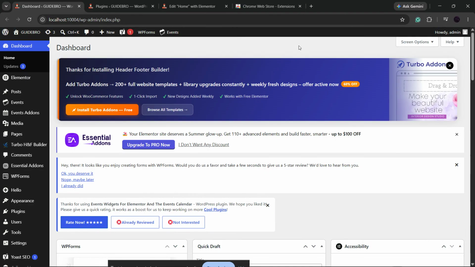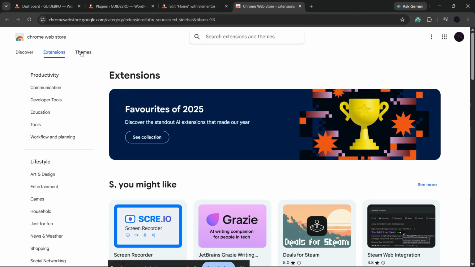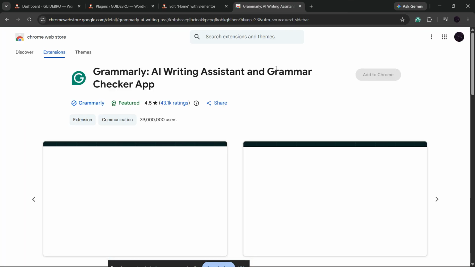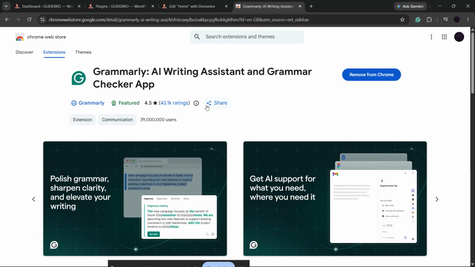The first step is to install a browser extension. Open your web browser, whether you use Chrome, Edge, or Firefox, and go to the extension store for that browser. In the search bar, type Grammarly or LanguageTool. These are two of the most popular tools for checking spelling and grammar as you write. Once you find the extension you want, click the button that says Add to Browser, Install, or Add Extension. Your browser may ask you to confirm the installation, so just approve it and wait a few seconds while it